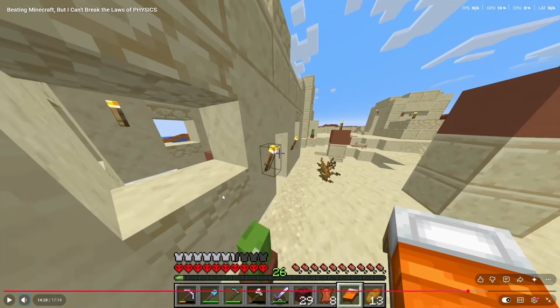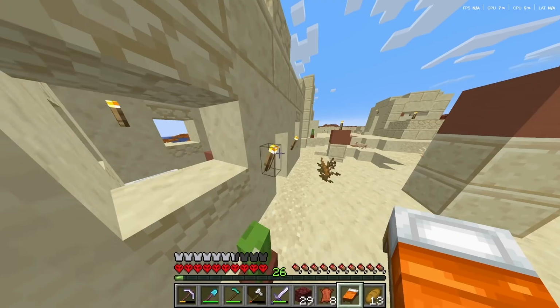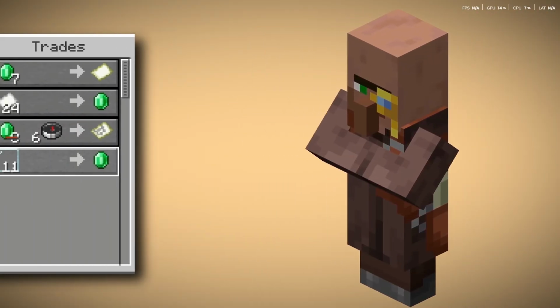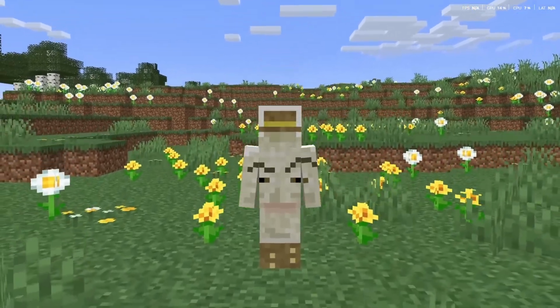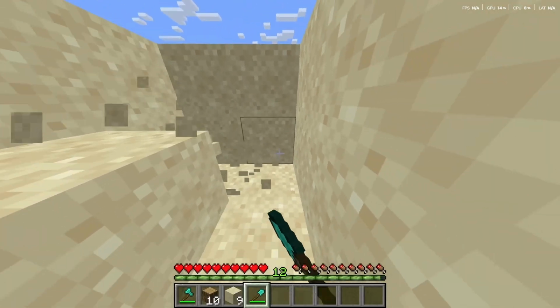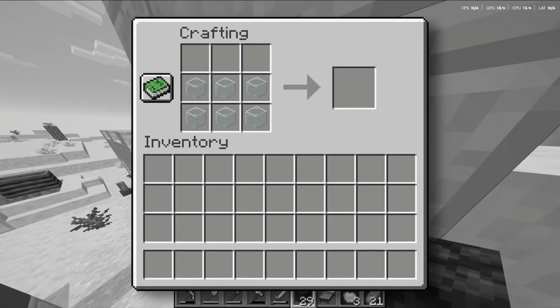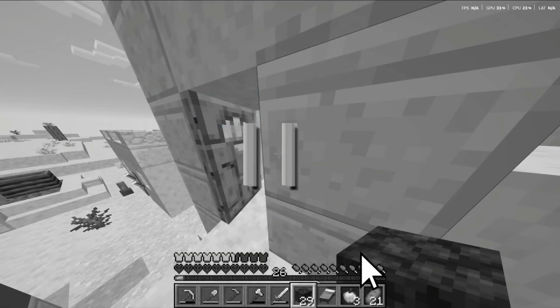You would think that montage adds nothing, but it broke the auditory pacing from just hearing his voice for so long. Emeralds, and the best that I found is the cartographer, which will trade emeralds for glass panes, which are actually super easy to get without breaking physics because A, sand never breaks the law of gravity, and B, glass panes are actually craftable according to the law of conservation.